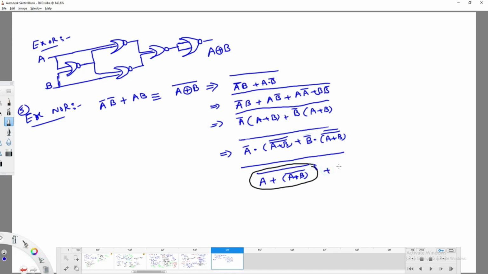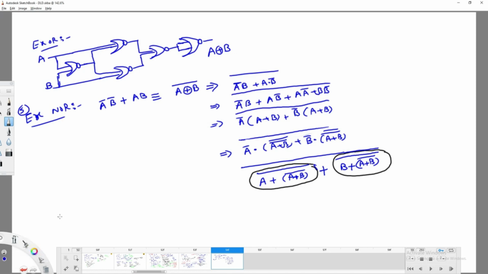Plus b plus a plus b whole complement, whole complement, because between them the plus is there. Now try to observe. This is one expression, finally in complement form. This is x plus y whole complement. That's the reason I have taken it like that. Okay,